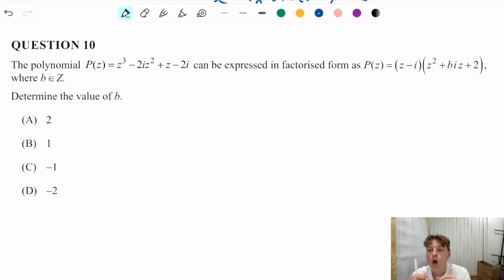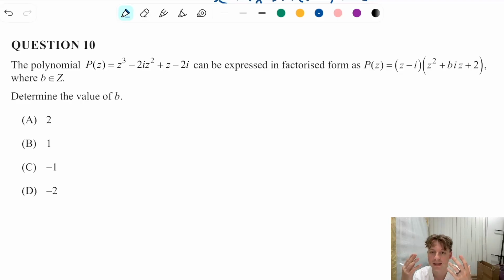If I know one of my factors is z minus i, I can essentially, by deductive reasoning, figure out what that value for b must be. So if I expand everything, I get z cubed minus 2i z squared plus z minus 2i. You could do that. I feel like if you've learned how to do it by intuition, basically, the intuitive method, then either you're fine with this question and you maybe don't need too much help, or that method never really stuck